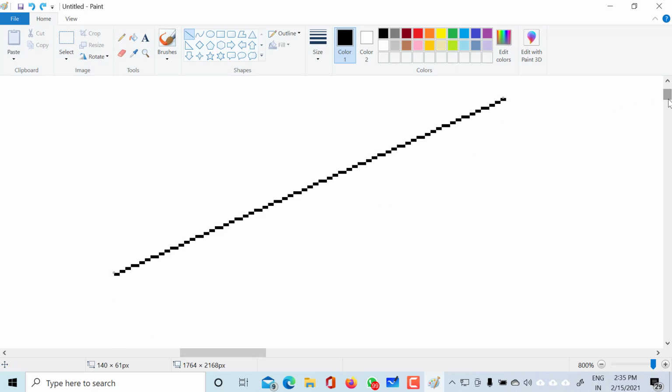Now you can easily see the structure of the pixel. Here this is the first pixel. Okay, this is the next pixel, then this is the upper pixel, then the right pixel, then the upper pixel, then the right pixel. Okay, so if you zoom in, the straight line is not so smooth, because you are going up to the level of the pixel.